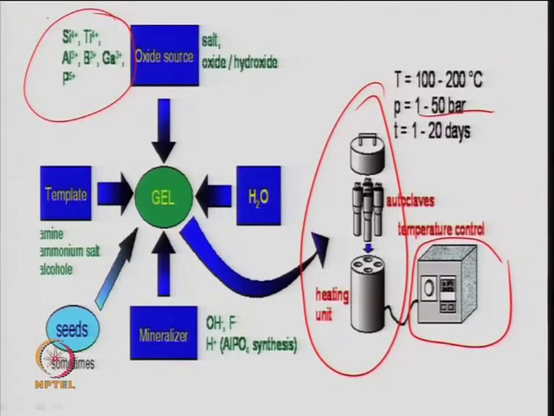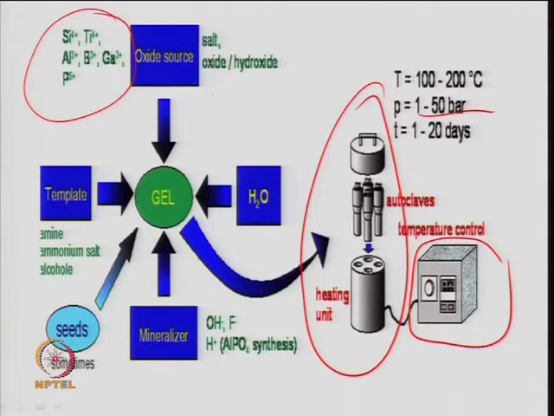These oxide sources, salt, oxide, hydroxide, any form of these can be used, right. This will be dissolved in some solution. The solution is important, the type of solvent which is taken. Depending upon the solubility you have to select the solvent, and then give sufficient time and it will make a